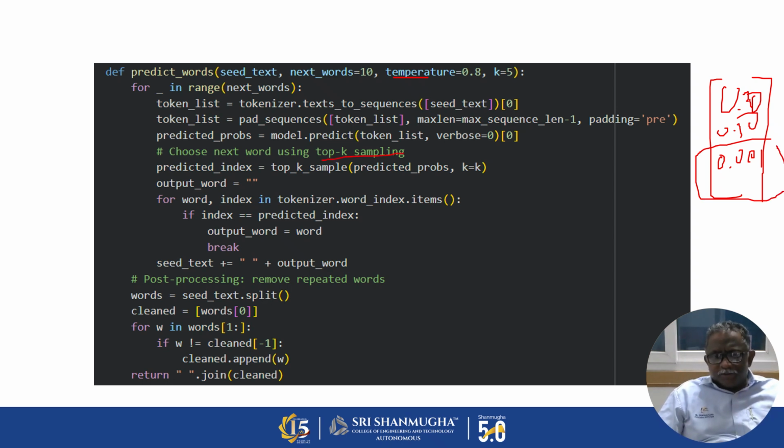Okay. So for temperature values less than 1, it is balanced. And it will try to adjust the probability in this case. So we remove this unwanted, whenever we have a low score, the top K will be selected over here. And if there are repeated words, they will be removed.